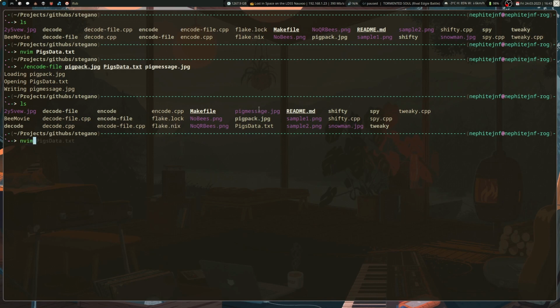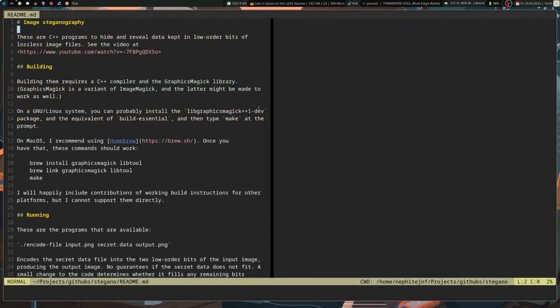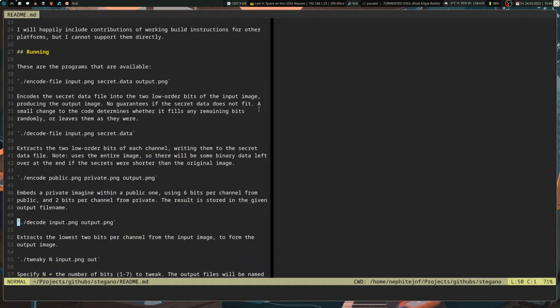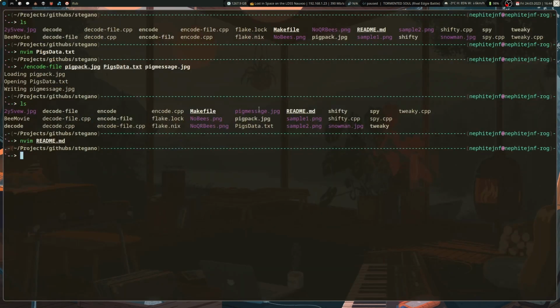Let us double check the README as well. So yeah, encode file, decode. Encode is what you're going to use for image into image stuff. And then encode file for specific other data, text, what have you, and then decode for whatever it is without the file on it. So we go encode,